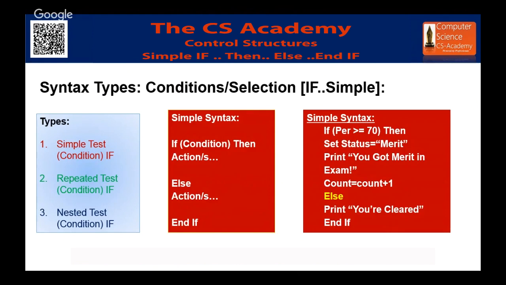If you want to count how many times the percentage is greater than or equal to 70, you will see count equals to count plus 1. Ultimately it should have been written like this. Greater than is a simple condition and greater than or equal to is something different. So you can track this condition in two different conditions.